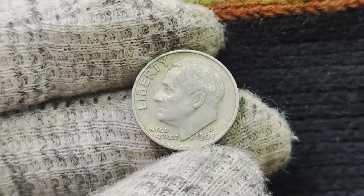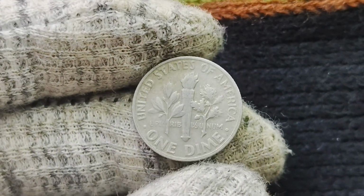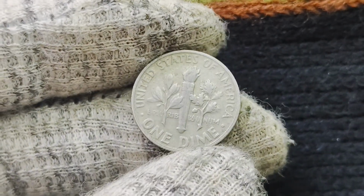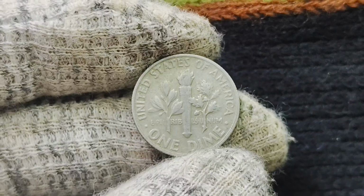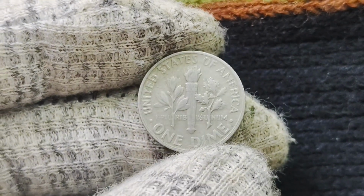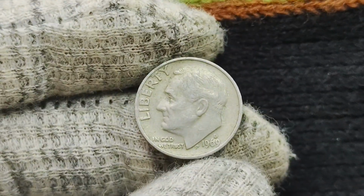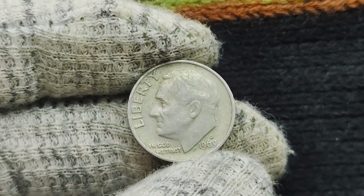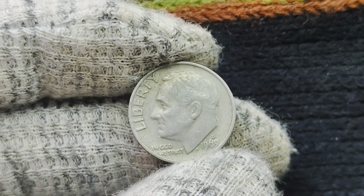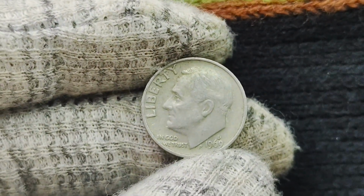But the story doesn't end there. A small number of these dimes were struck with an error, one that would make them incredibly valuable today. Here's where the mystery begins. While most 1969 dimes are fairly common and can be found in circulation, there was a rare and unexpected anomaly with certain coins, a major error involving a double die that makes this coin one of the most sought after